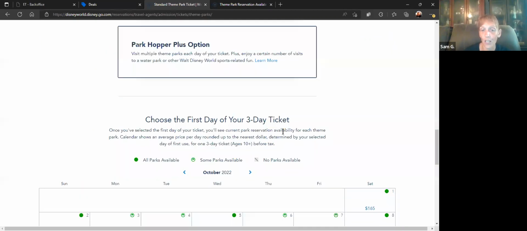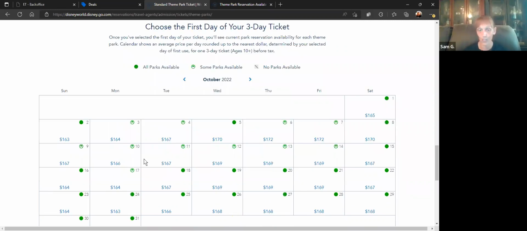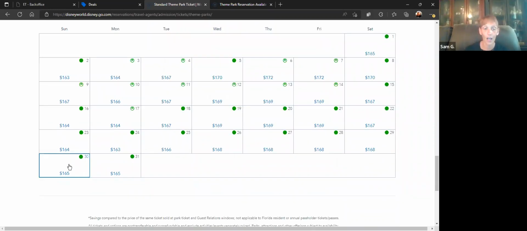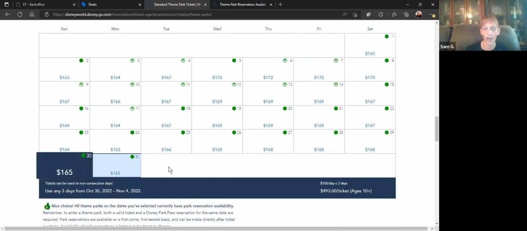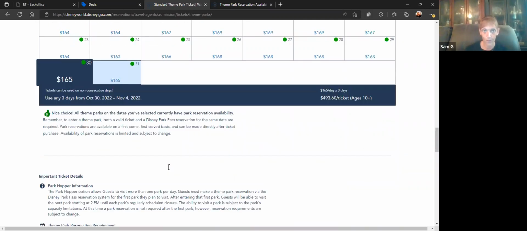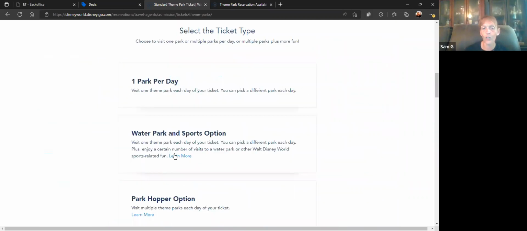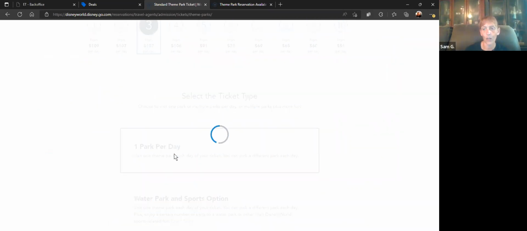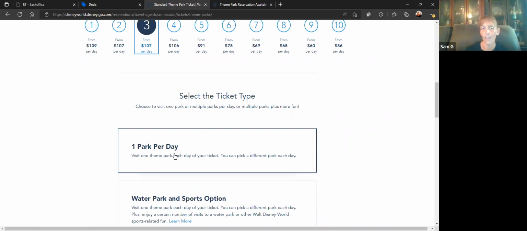On this one, you're going to have to choose the first day of your 3-day ticket. You do have to call or use your Disney Experience app, because you will have to make a reservation even though you bought the ticket. Okay. I don't know, it's something that they kind of started with COVID, and it seems like they are keeping with that. So,